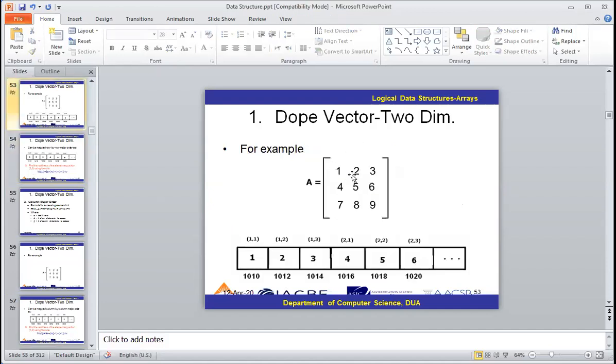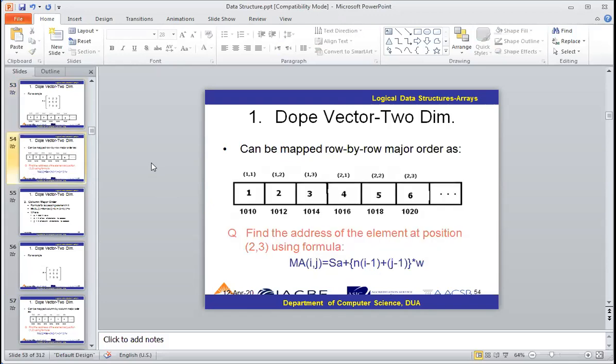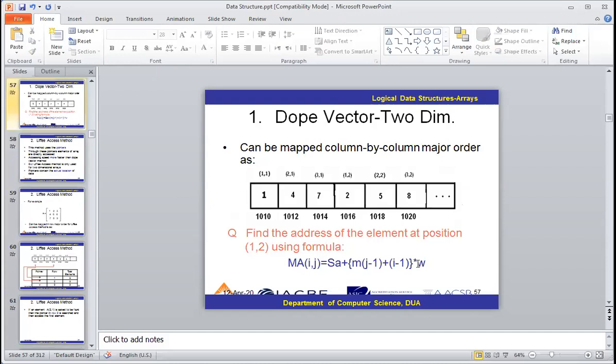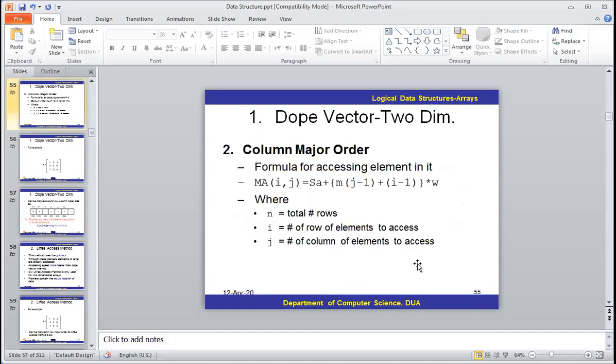We can see in the question: first, second, third. 3 columns we have here, so the value of n is 3. I here is 2. 2 minus 1, plus J, which is 3, 3 minus 1, multiplied by W. W is equal to 2. So when we put the values in this one,